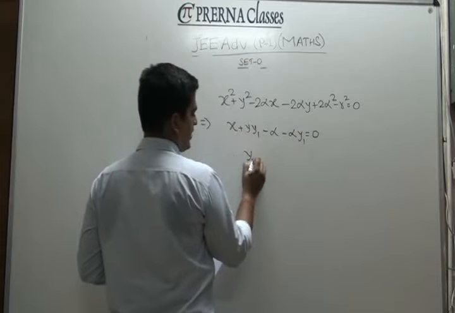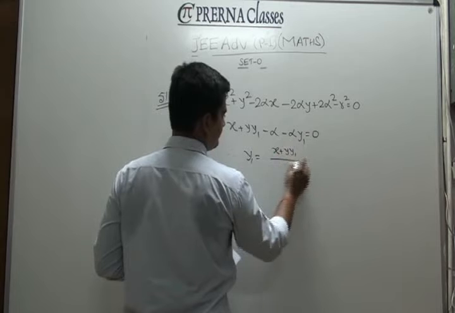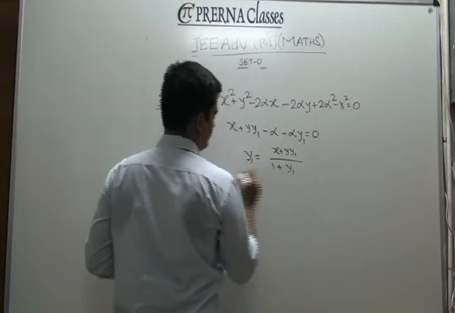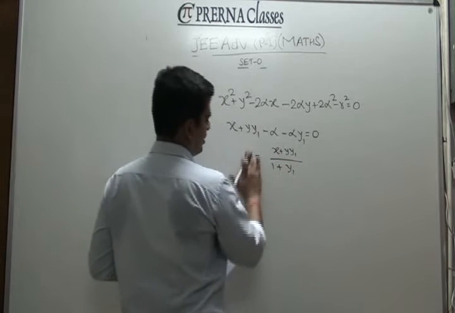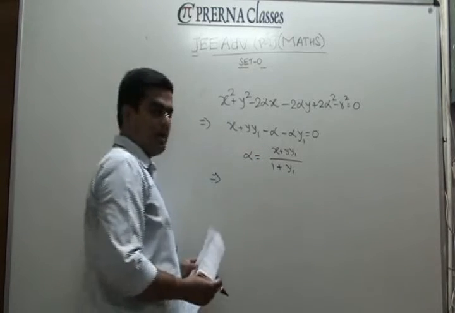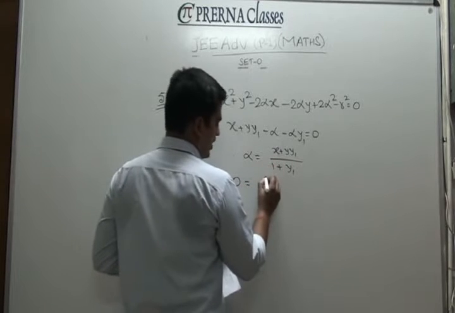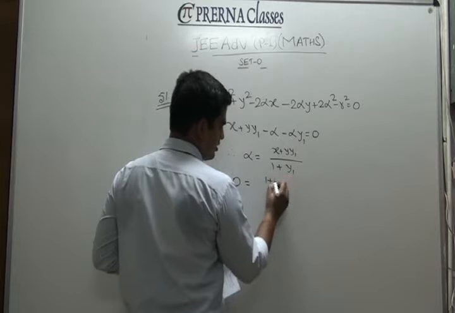By this you can check the value of dy by dx is known to you. I'm sorry, not the value of dy by dx, rather the value of alpha, since we have to eliminate alpha. If I differentiate it further, clearly it's going to be 0, and the corresponding differential equation